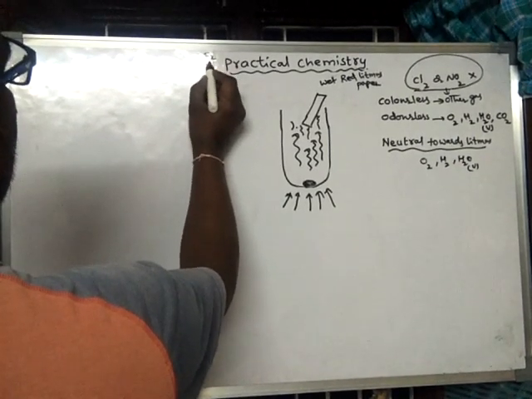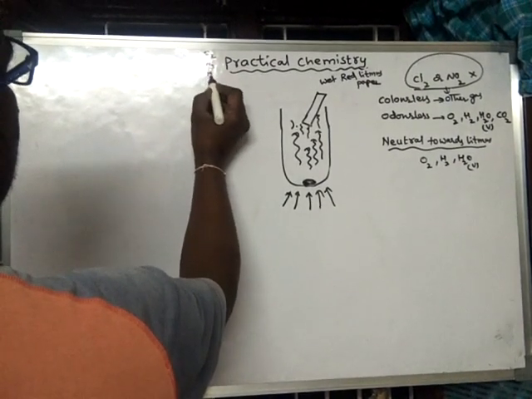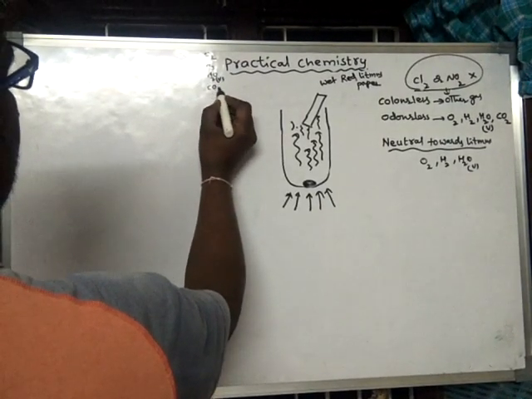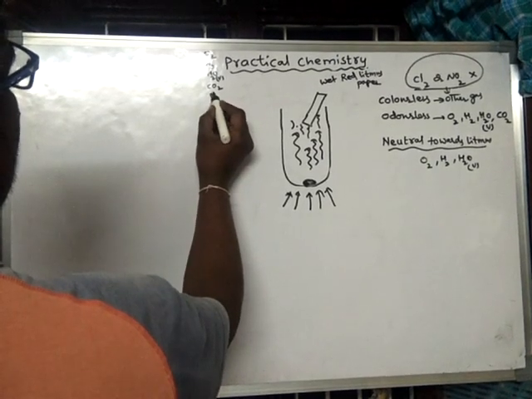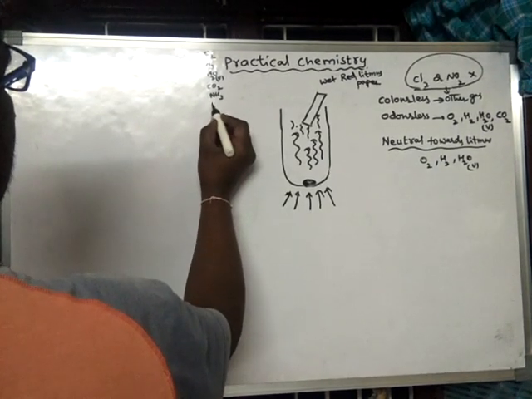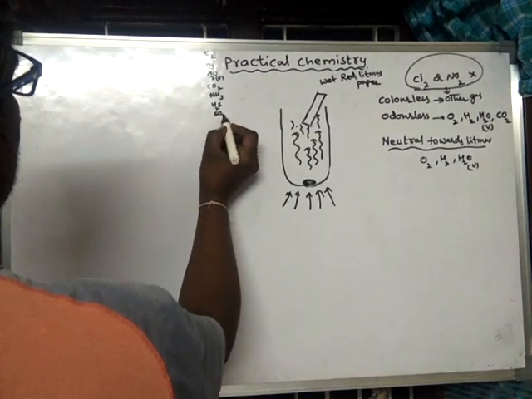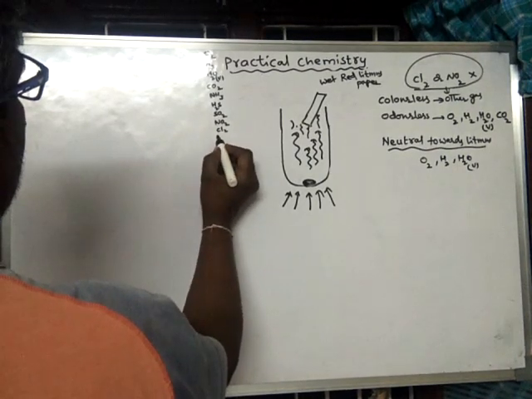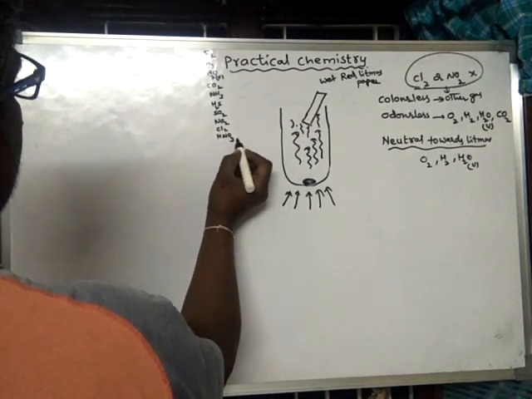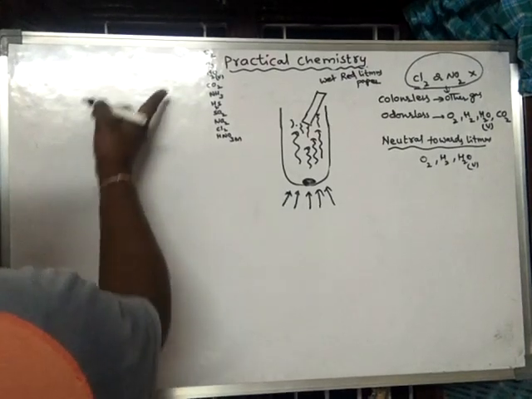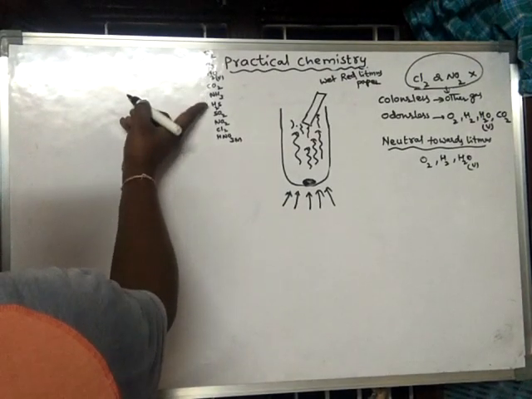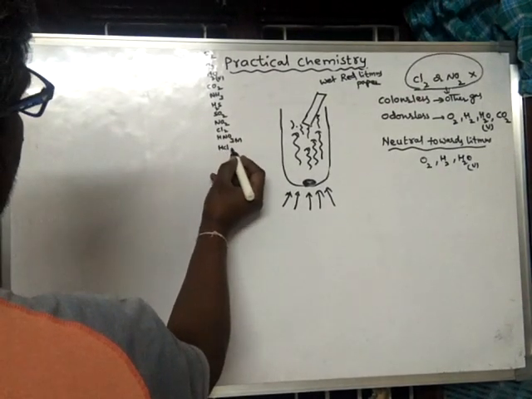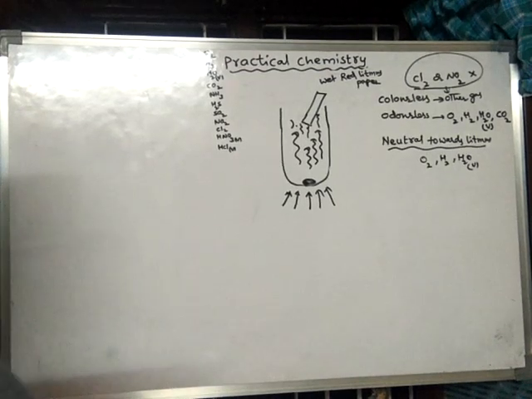Oxygen, hydrogen, water vapor, carbon dioxide, ammonia, H2S, SO2, NO2, Cl2, HNO3 vapors. How many gases have we covered? 1, 2, 3, 4, 6, 7, 8, 9, 10. One more is missing: HCl vapor. So these are the gases.